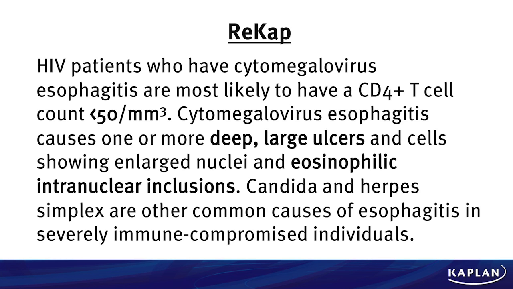In HIV patients who have CMV esophagitis, usually the key thing is a CD4 count less than 50. CMV esophagitis shows 1 or more large deep ulcers and eosinophilic intranuclear inclusions, not intracytoplasmic, intranuclear inclusions. Candida and HSV are other common causes of esophagitis, just to be aware of, helping to differentiate them from CMV. That's the biggest takeaway to ensure you get any of these questions right